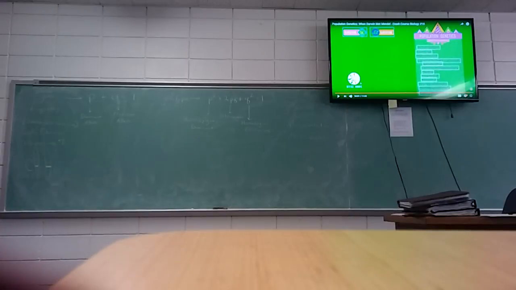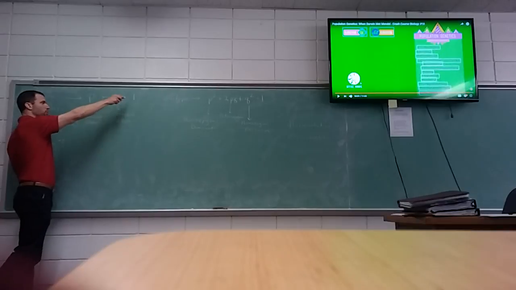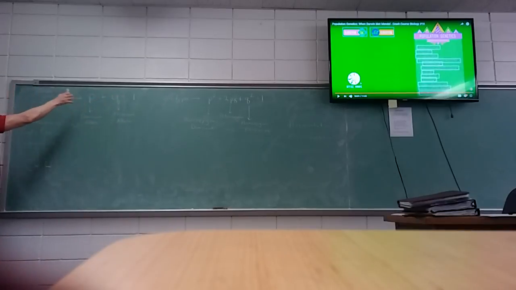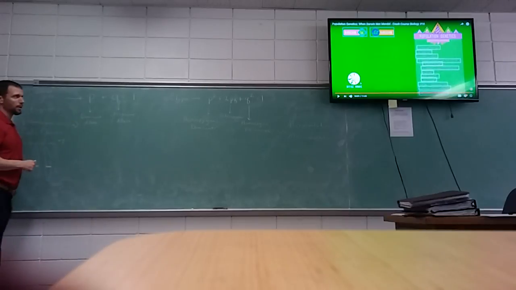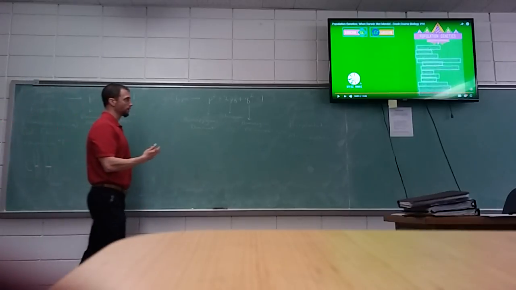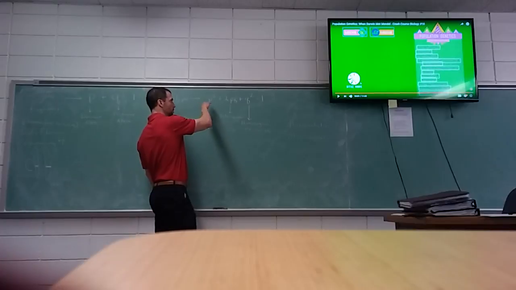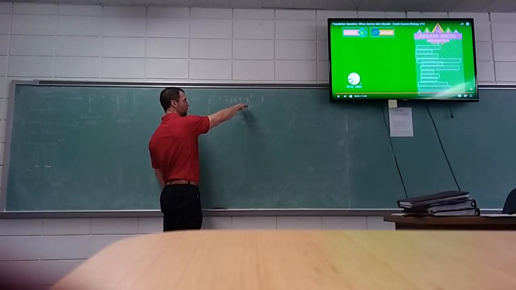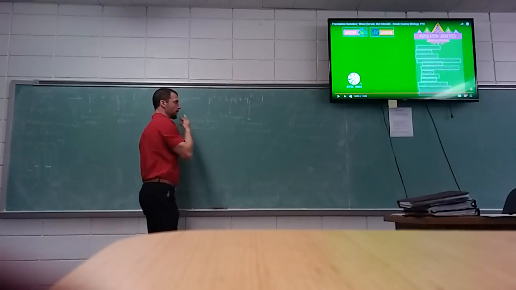So let's just summarize what we know so far. P plus Q equals 1. That's the equation that we use if we know the alleles in a population. If we happen to know the genotypes in a population, we could use this equation where it's P squared plus 2PQ plus Q squared equals 1.